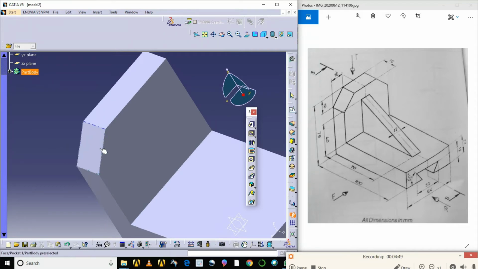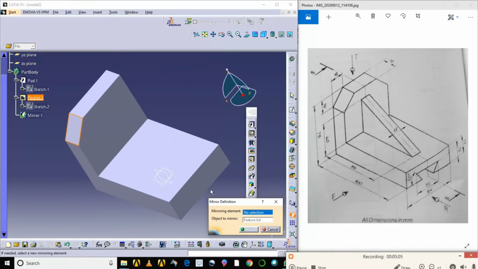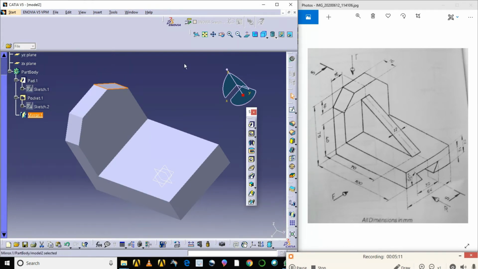What I do, I'll go for pocket. Next, I'll select the plane. See here. So that is the application of the mirror command.